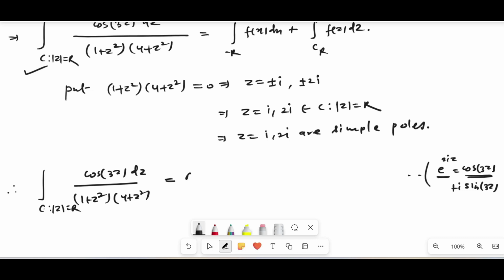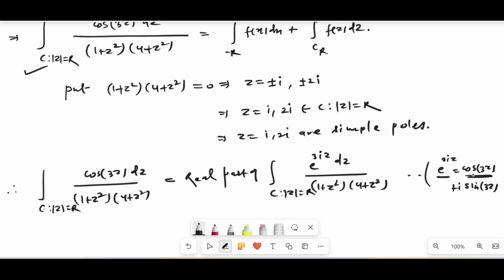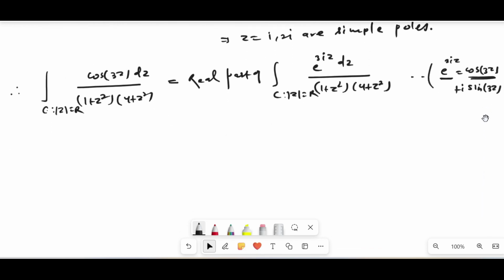So we can write the real part of the integral over the curve C, that is mod of z equal to r, of e to the power of 3iz dz over (1 plus z square) multiplied by (4 plus z square). So now, as we can see, z equal to i and 2i are the simple poles. So by using